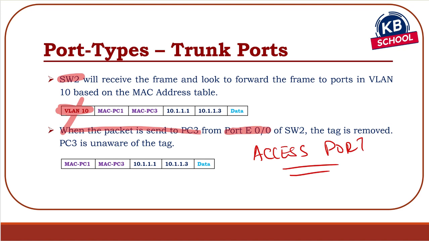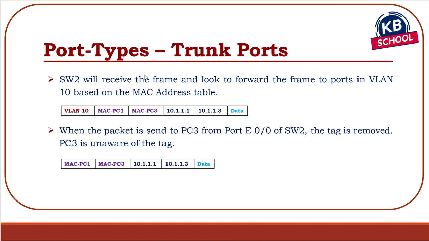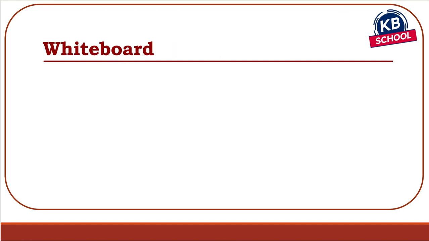So just to recap, VLANs allow you the ability to create what? Logical switches off a physical switch to give you the capability of better utilizing the switch ports. Now, when you do that, how do I make sure the frames go to the appropriate ports on the switch? So what I'll do is